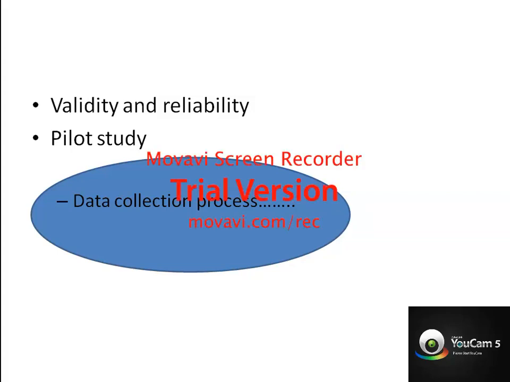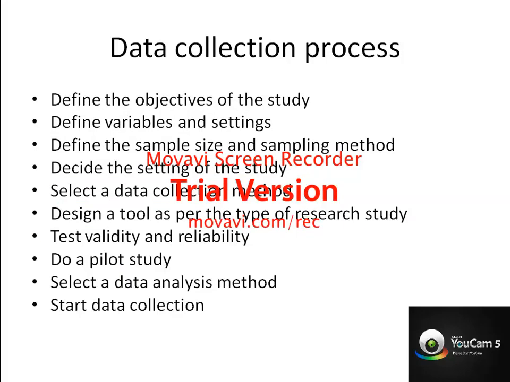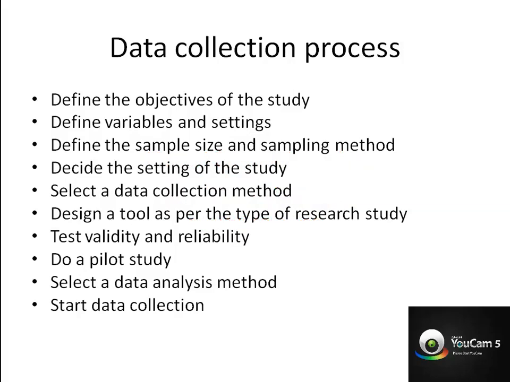We have discussed in characteristics of research tool what is validity and the types of validity, and what is reliability and types of reliability. Sometimes it comes in 5 marks, or they may ask us for a difference between them. And finally, we discussed today about the pilot study as well. There is one thing left in the syllabus, that is the data collection process. Process means steps. I have given the steps here in case they ask in your exams.